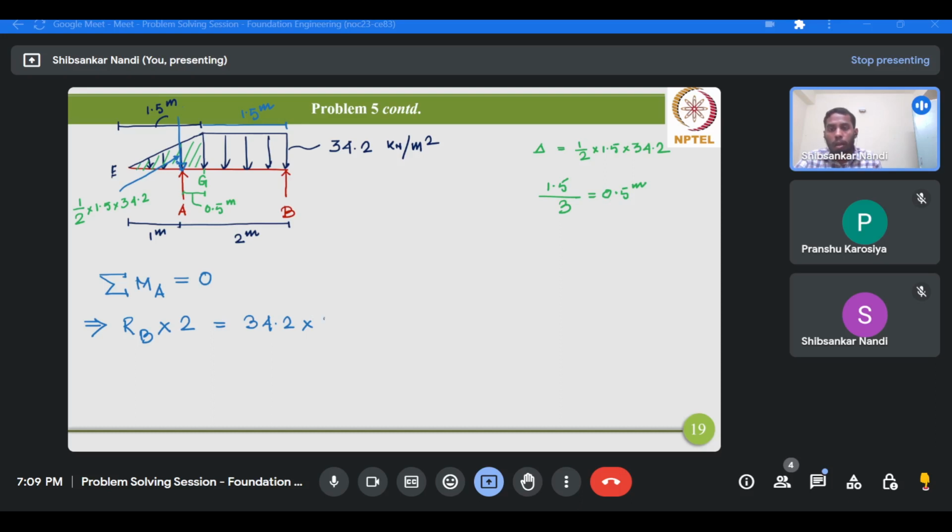So 1.5 multiplied by, now what is the CG of this distribution? The CG is basically here, suppose. How to get this distance? This is at a distance of 0.75 meter. So 0.75 plus 0.5, so 1.25. Therefore RB, this value would be